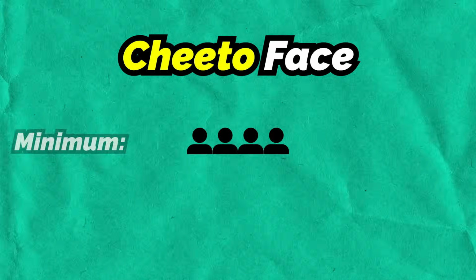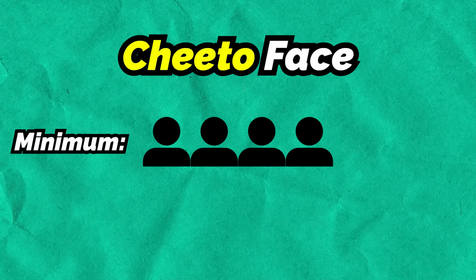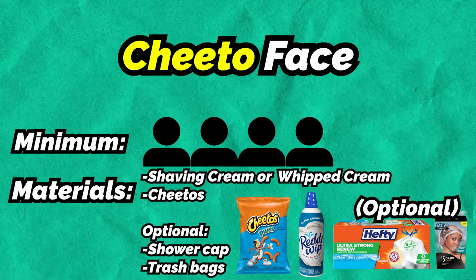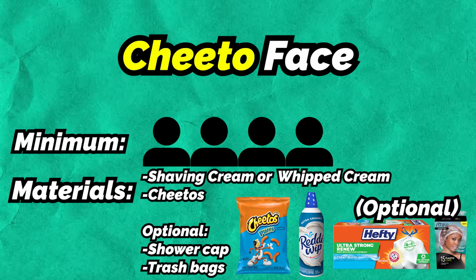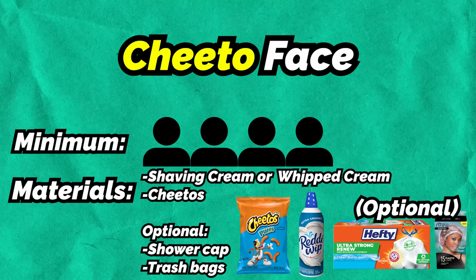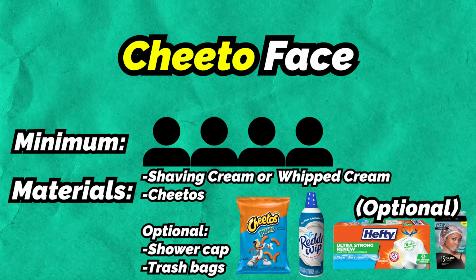The first game is called Cheeto Face. You'll need a minimum of 4 people since the students will be paired up. For materials, you'll need a can of shaving cream or a can of whipped cream, which I think would actually be safer and better, but we use shaving cream. You'll need a bag of Cheetos, and then optionally you can have shower caps and trash bags for the students'